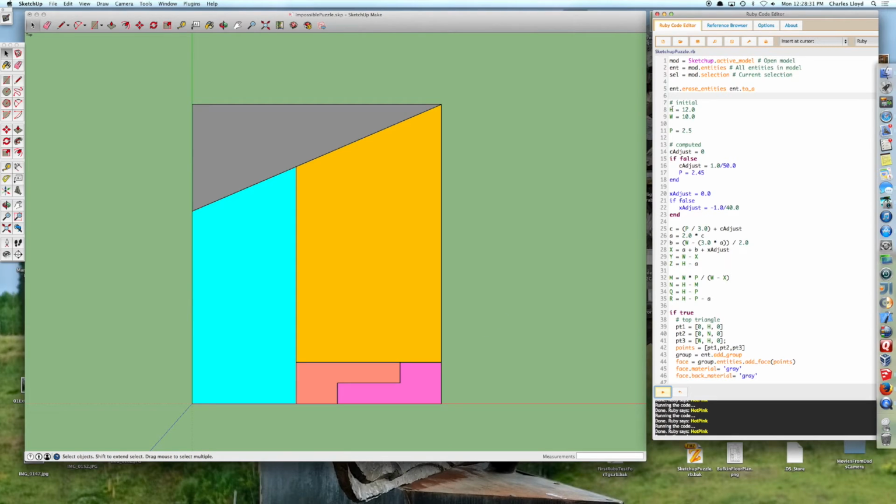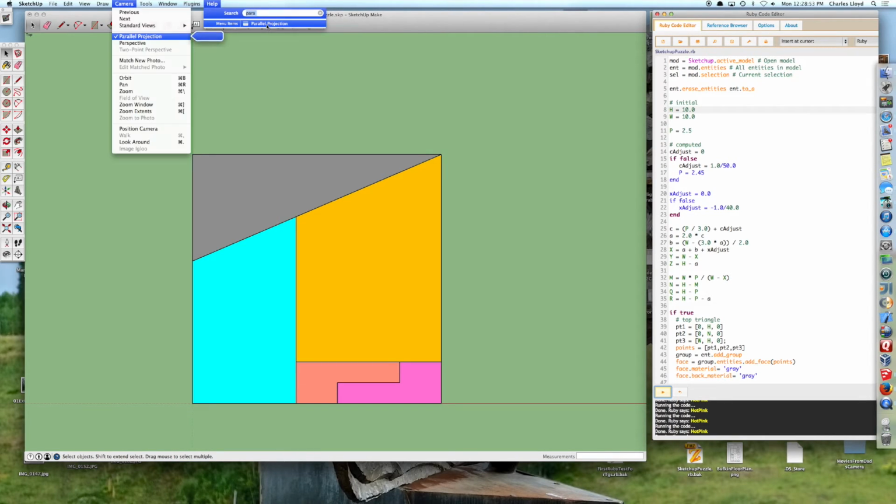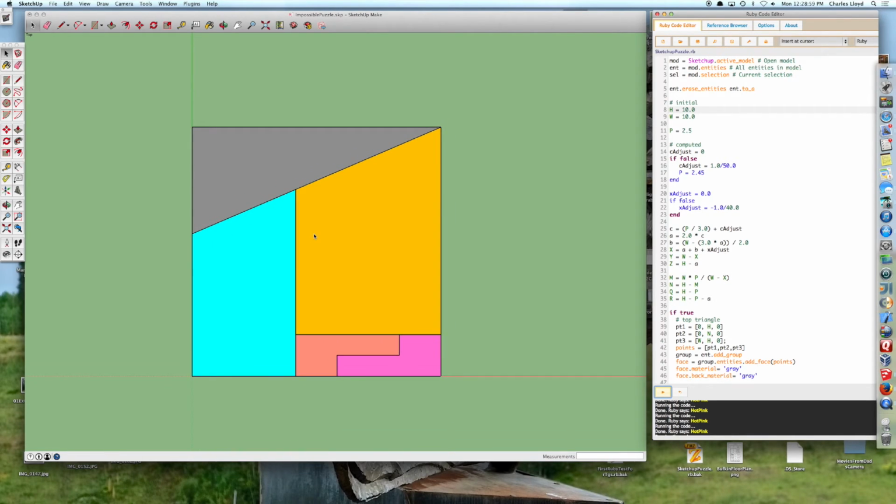And so I will highlight these lines. I've chosen a height of 12. Let's make that a height of 10 and regenerate. Okay, so there's the height of 10. Before I go too much further, I want to mention that in this video, it's going to be best if we use parallel projection, and then hit Command 1 to minimize any sort of issues we have with perspective that's caused by the three-dimensional display in SketchUp. So here we have a width of 10, a height of 10, and